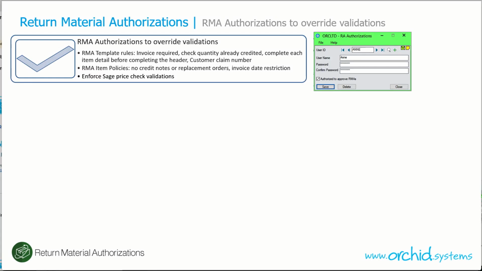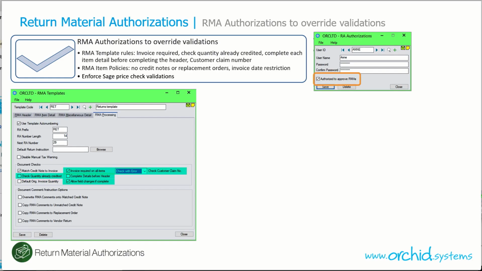In RMA, you can create authorizing users, and these users, once they have been flagged as being able to authorize or approve RMAs, are allowed to override the validations that can be applied to RMAs. The validations can come from the RMA template, for example, that an invoice is required for all items on the RMA, whether or not you want to check the quantity already credited and not allow more credits to be issued